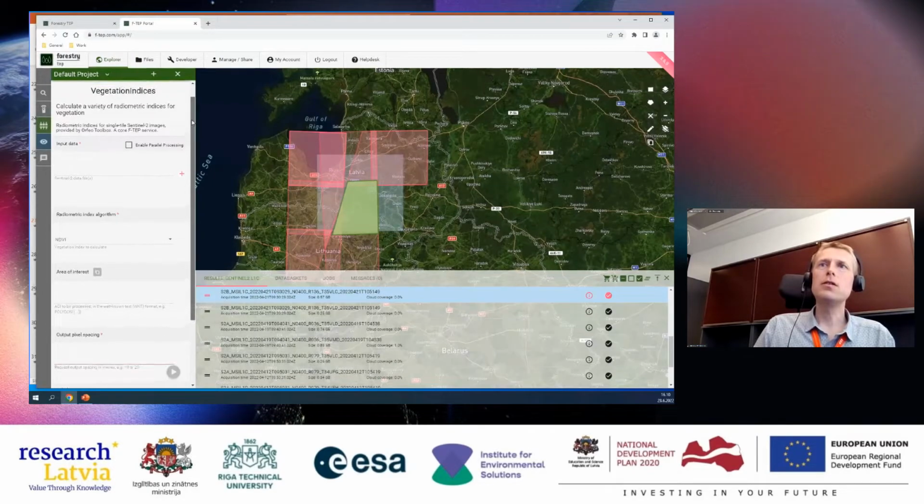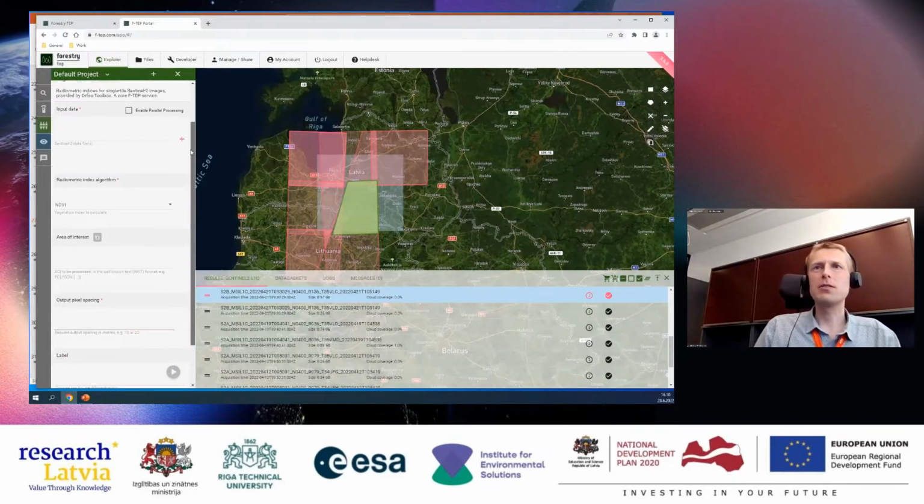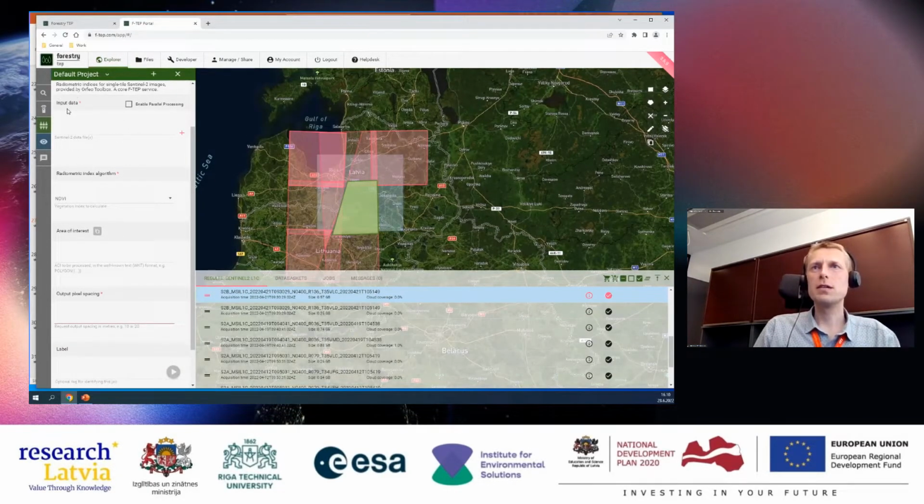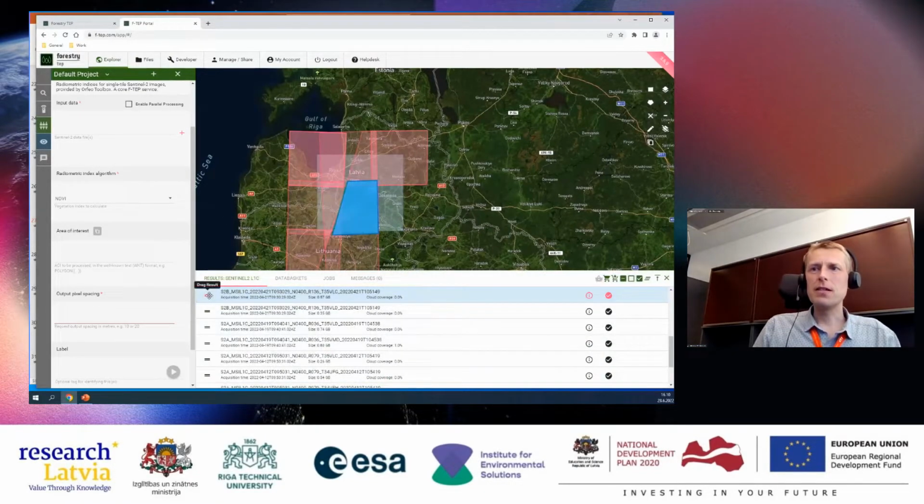And there, if you start looking at the parameters, the first one is the input data. Here you can very easily see the double line to the left of the file name, where it says drag result. You can push down your mouse left button and drag the file directly to the input data.